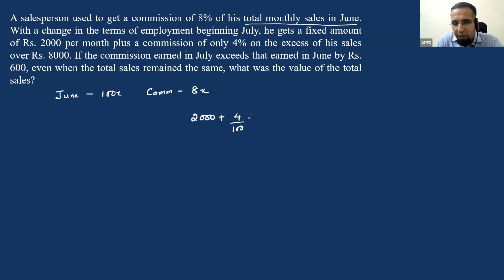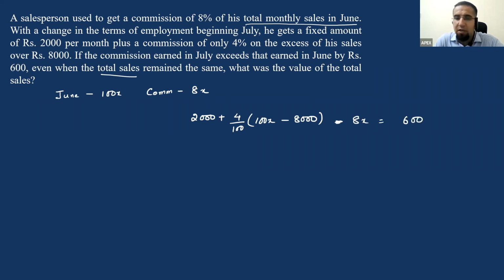on the excess of sales over 8,000. So 4% of excess of sales over 8,000 is total sales minus 8,000. How much is the sales more than 8,000? If the commission earned in July exceeds that of June by 600, which means the difference is given to us, even when the total sales remain the same, so total sales here becomes 100x. Okay, so this is the commission in July, which is 600 more,